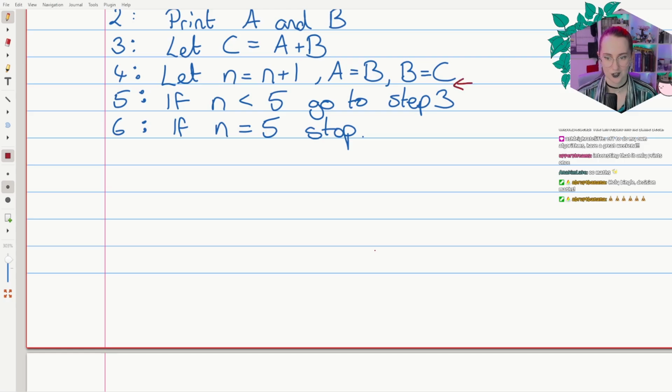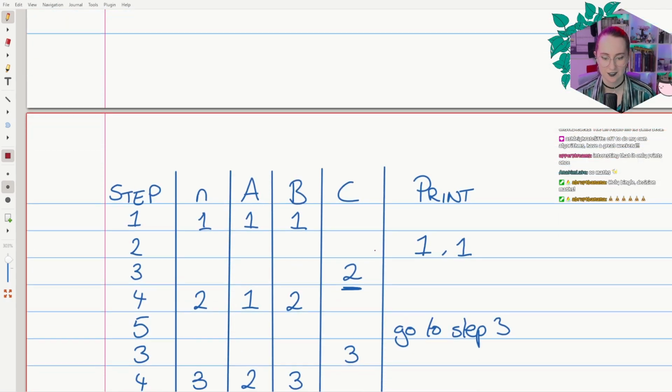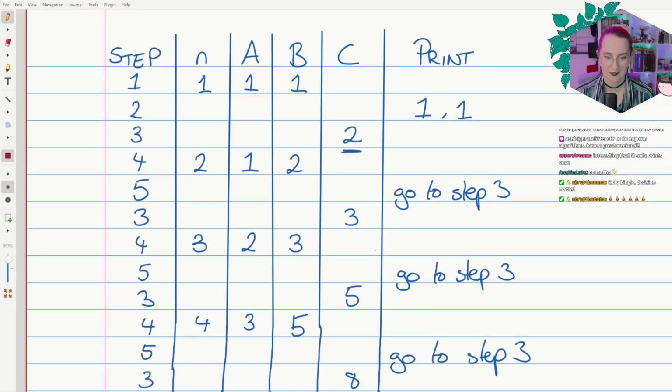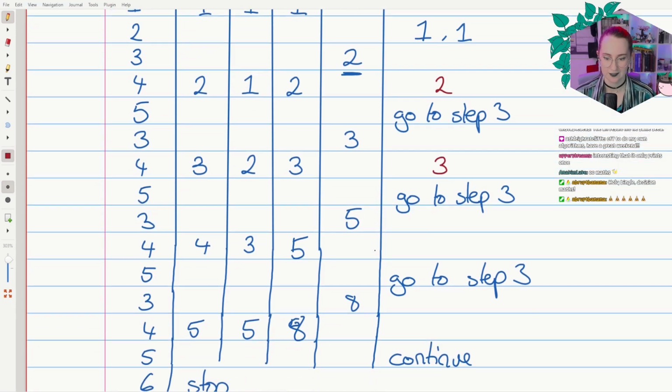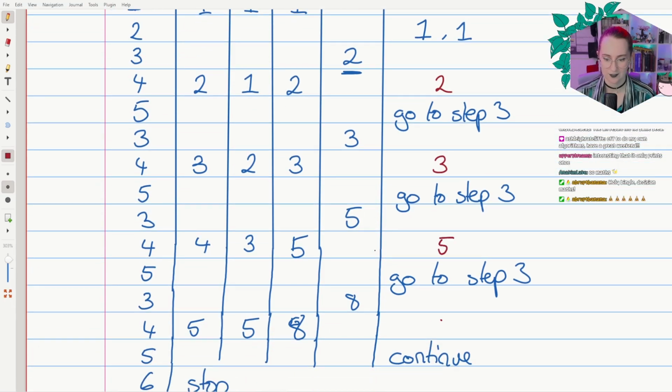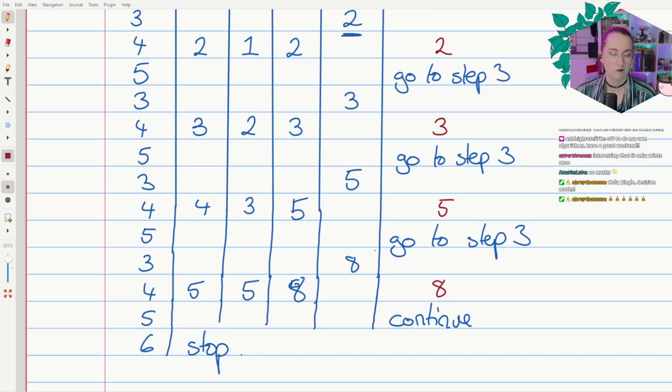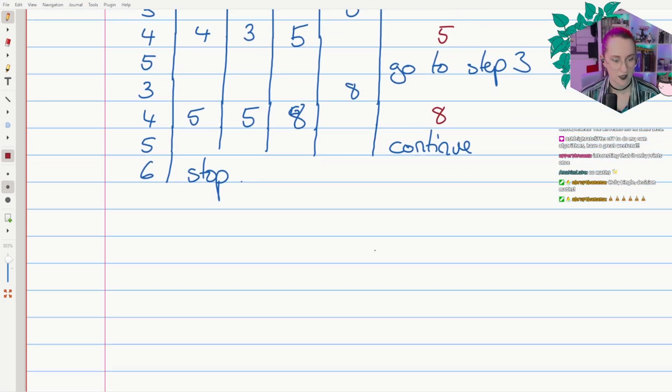In here, there should have been a print C option, at which point we would have had 2, 3, 5, 8. Assuming that that did happen, the printed outputs